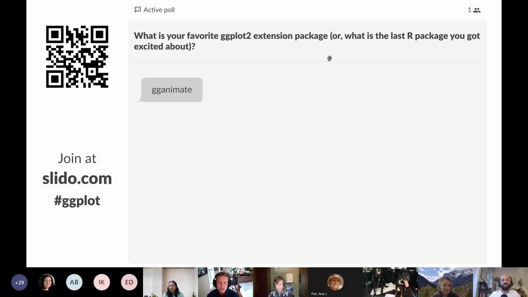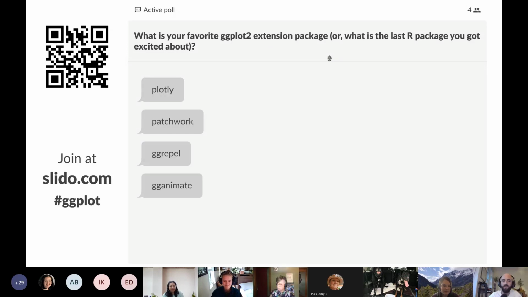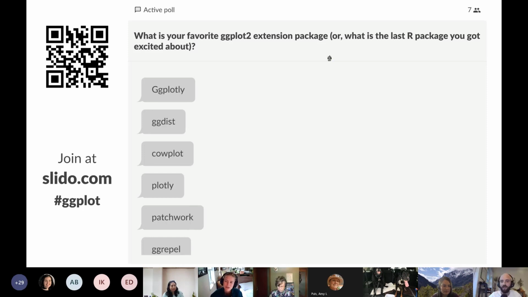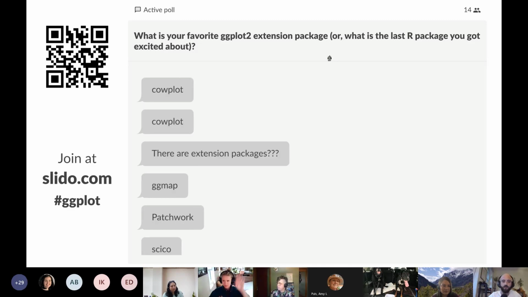All right, what is your favorite ggplot2 extension package? Oh, ggElement, okay. Yeah, a classic, ggrepel. Patchwork, yes. I would have a very hard time deciding on one, but Patchwork is for putting graphs together, and it's really cool.